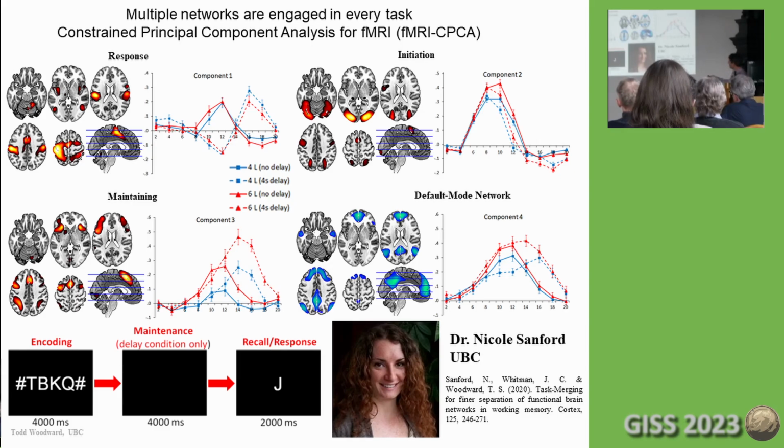And so there is this, this is 4 letters versus 6 letters, and there's really no difference between 4 letters and 6 letters for that response network, okay? So now we go around to all these other ones, and now we get some more information about what they might be doing. Default mode network is fairly easy. I mean, it's usually load dependent, so this is 4 letters, and this is 6 letters for when there's a 4-second delay, okay? So we can see that the default mode is extended out when there's a 4-second delay, and